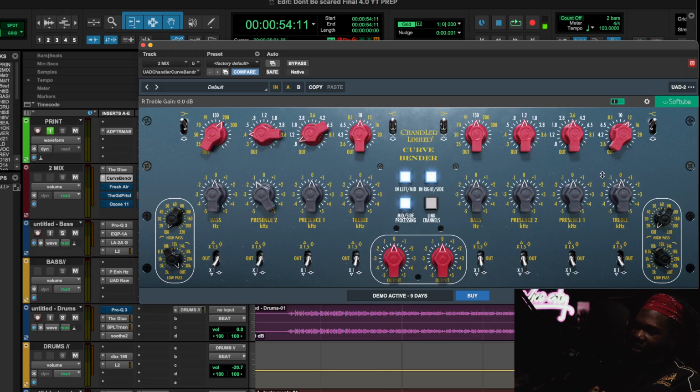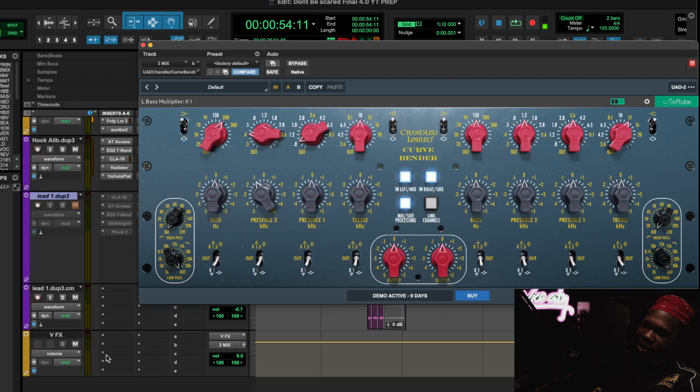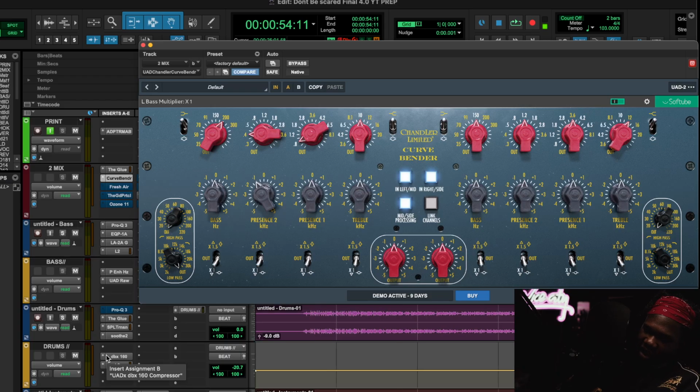For the price of this plugin, the way I used it, I wouldn't say it warrants it, because I used it almost like how I use the Pultec. I just let it run through because I like the color, then I cut out a nasty little mid-range frequency. The reason is that I actually mixed the song, so I don't have to go in there and reinvent the wheel,